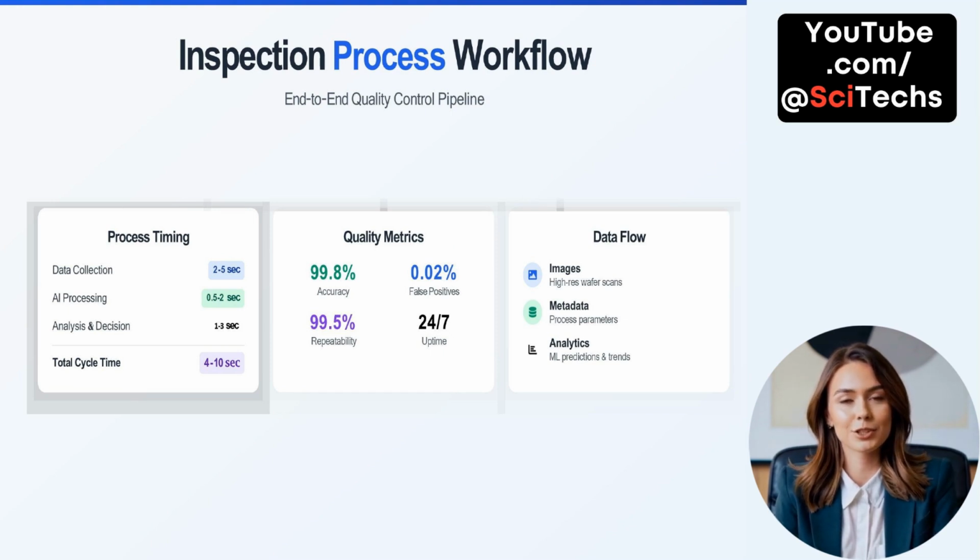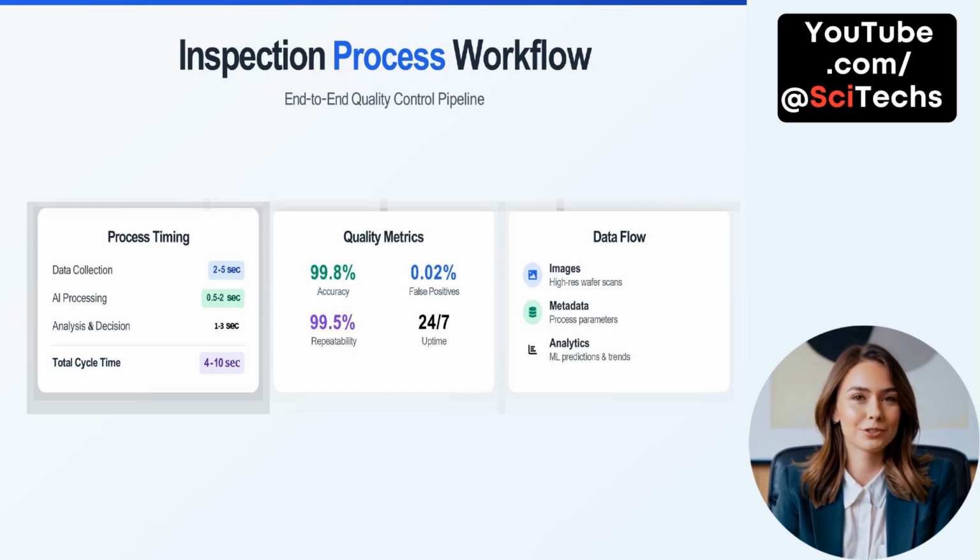Inspection process workflow, metrics, and data flow. This view of the inspection process focuses on performance metrics, timing, and data handling, key indicators of system efficiency. Process timing is remarkably fast. Data collection typically takes just 2 to 5 seconds, while AI processing completes in 0.5 to 2 seconds. Analysis and decision-making follow quickly within 1 to 3 seconds. Altogether, the total cycle time for a full inspection is only 4 to 10 seconds, demonstrating the power of advanced